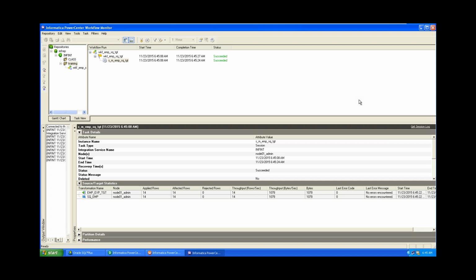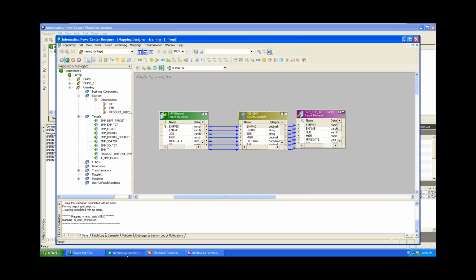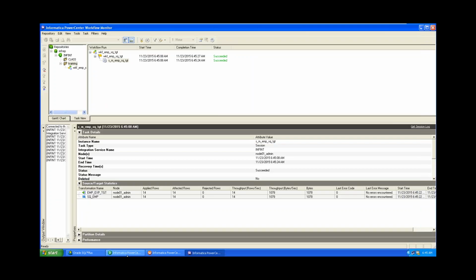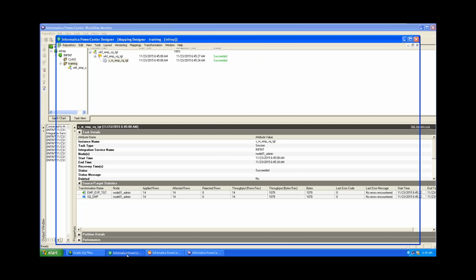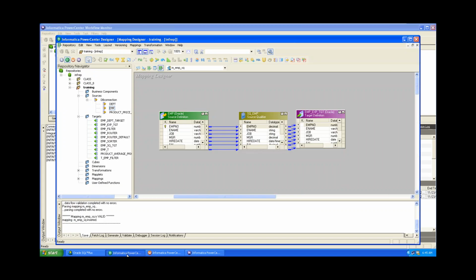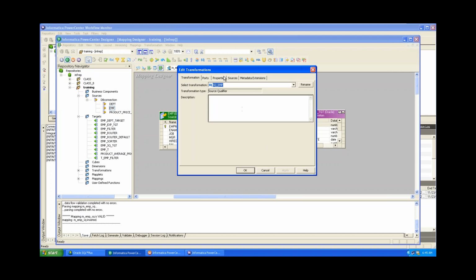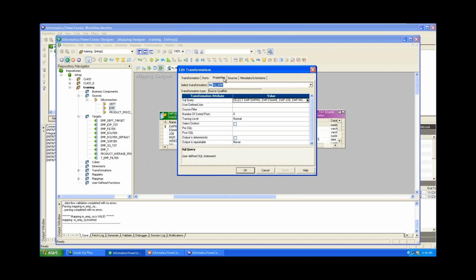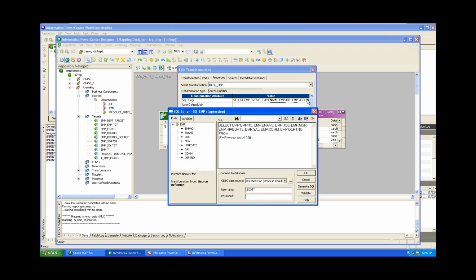Go to the source qualifier condition. Just check what's the condition. Double click on source qualifier, go to the properties, edit the query,